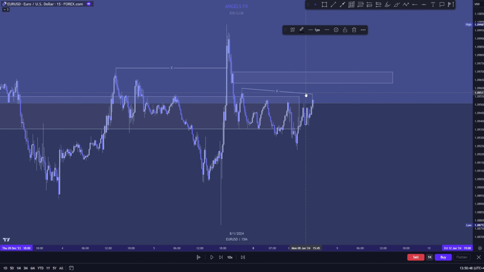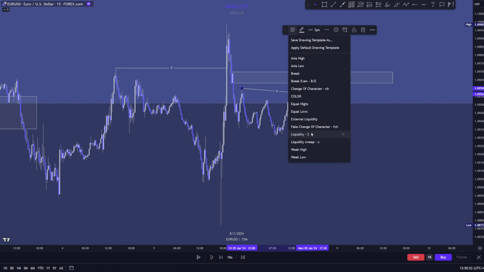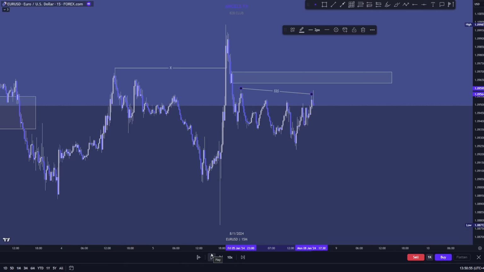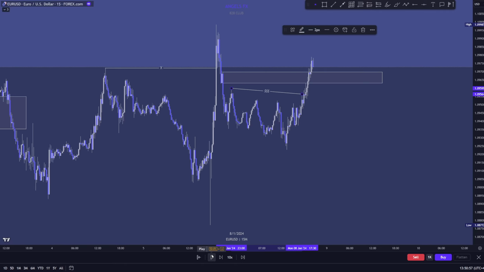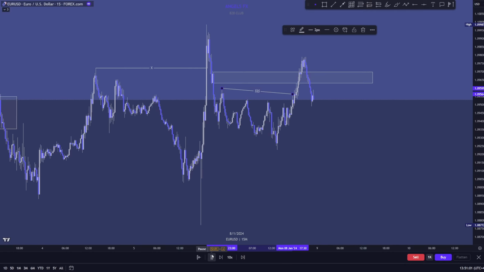So guys, let's mark our liquidity. Okay, so this is our liquidity, so I can mark it. Now we have this beautiful supply zone, and it failed because we don't have any lower time frame confirmation. And now